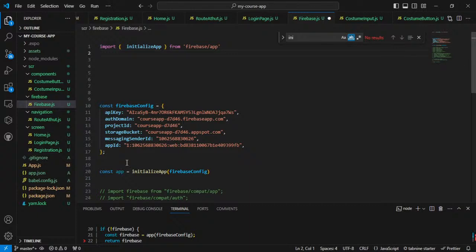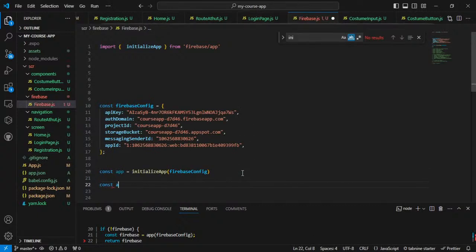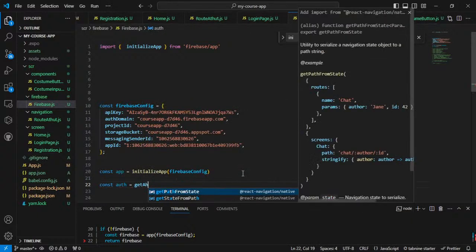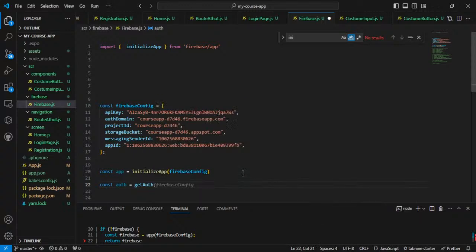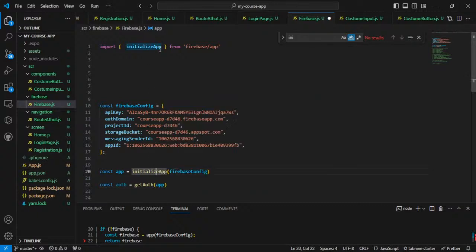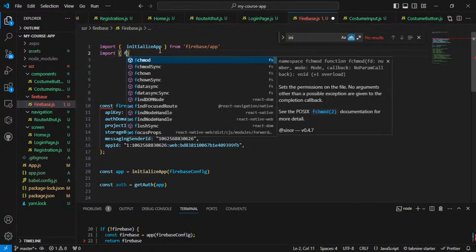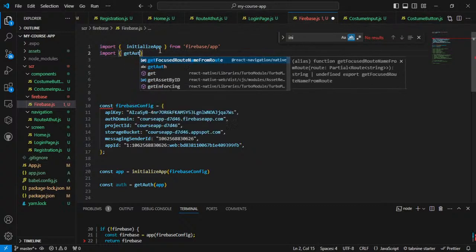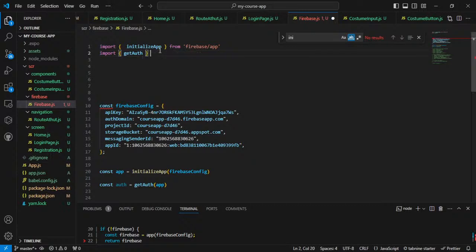Yes, it is like that. So app, it's like app constant like this, and then what we're gonna do is just say const out is equal to get out, and we're gonna pass to it the app, and the out is gonna be an import from get out from firebase. You're just gonna put firebase